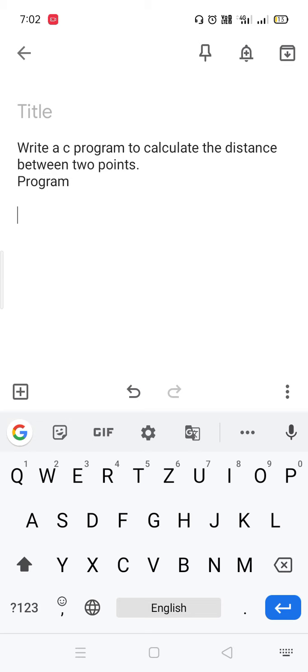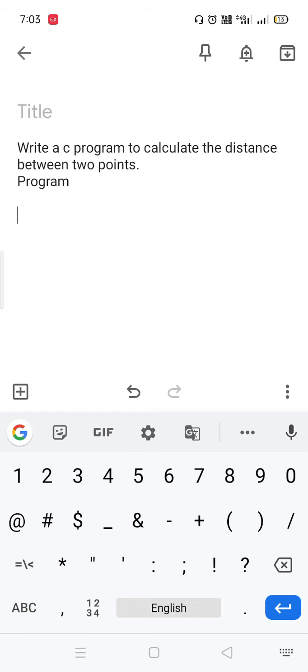So first of all, every C program starts with what? Hash include statements. Why am I using hash include stdio.h? Because this header file contains some functions like output formatting functions and input formatting functions. You are very familiar with the output formatting function, printf, and the input formatting function is scanf. If you want to use these in your program, you have to include which header file? The stdio.h header file. So this is common for every program.